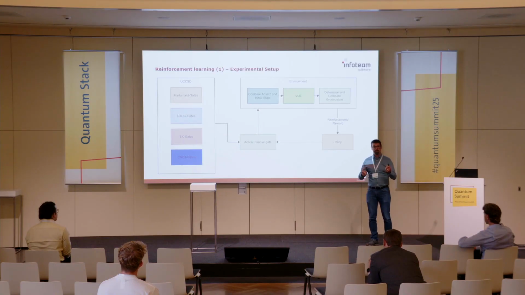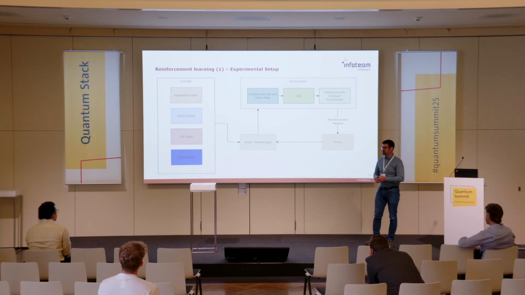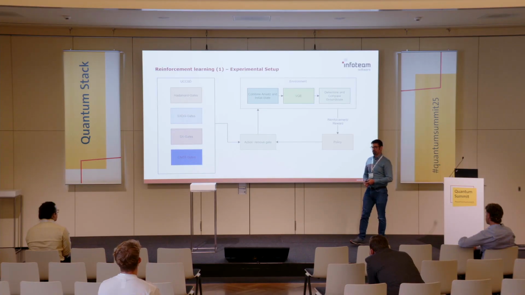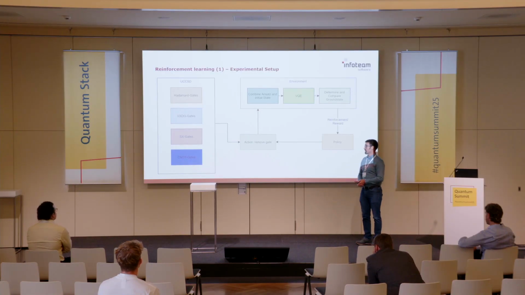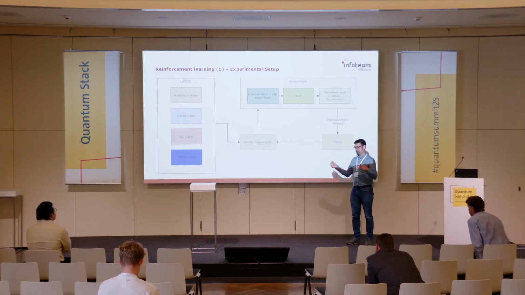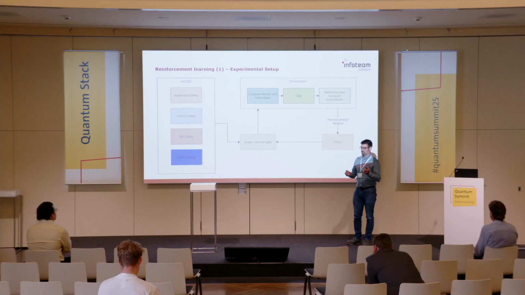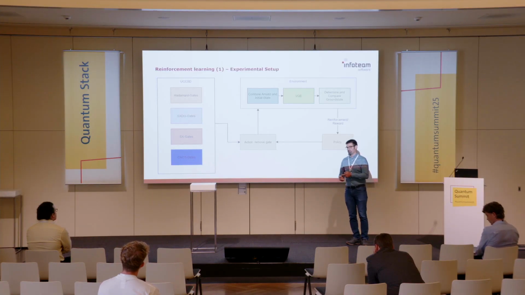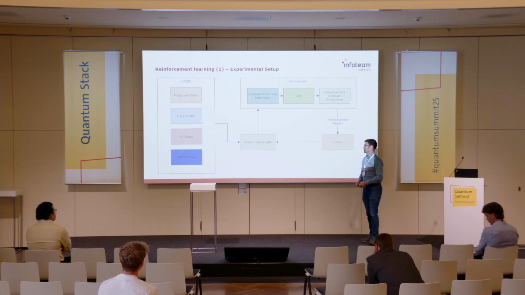We wanted to know if our machine learning models or reinforcement learning agent can determine a policy for how to optimize these circuits. So on the left we have the classes of gates for the UCCSD. We have Hadamard gates, square root dagger gates, square root gates, and CNOT gates. We have as actions defined to remove a gate in our ansatz, and this new ansatz will then be combined with the initial state. We compute with VQE the ground state, compute the reward, put this into a policy, and this determines our actions.